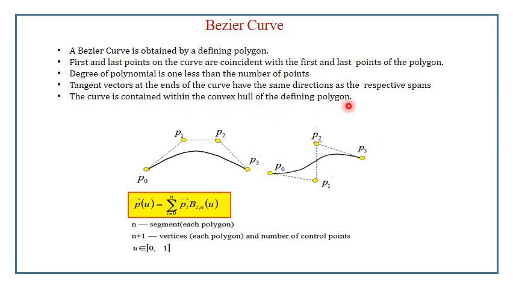My previous videos define what is meant by the convex hull of the defining polygon, and I will mention the title card in this session. You can watch it. So what is meant by that? In this approximation type of curve representation, the curve does not pass out through the convex hull, which means it stays inside the convex hull of the defining polygon.